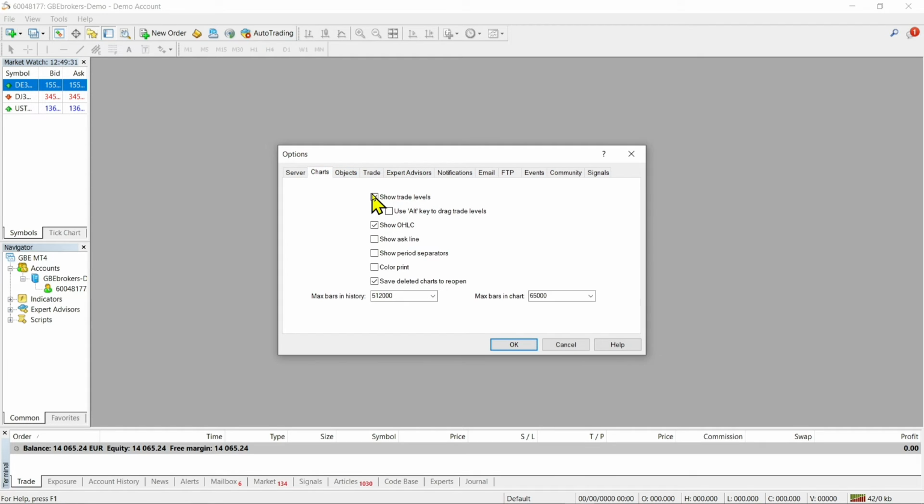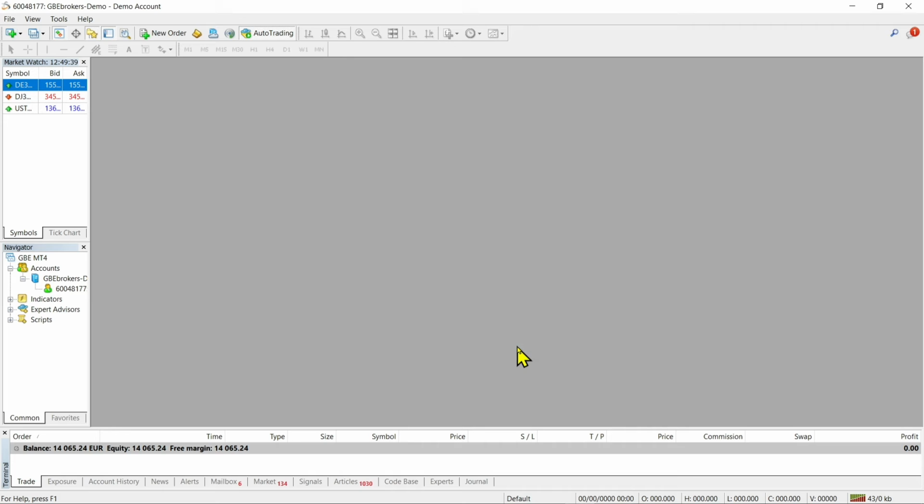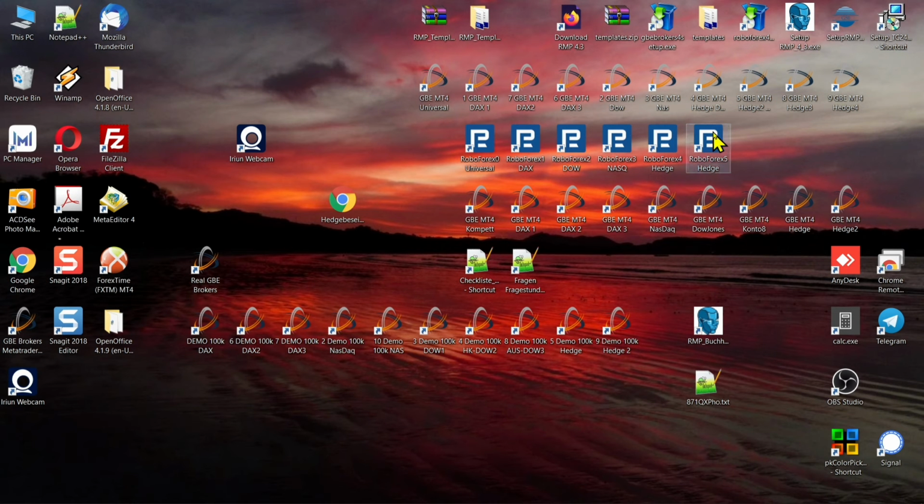And charts, show trade levels off. And here 5,000 and 5,000. Okay. Now auto trading is activated. And we can turn off now the MetaTrader, because we have to install our